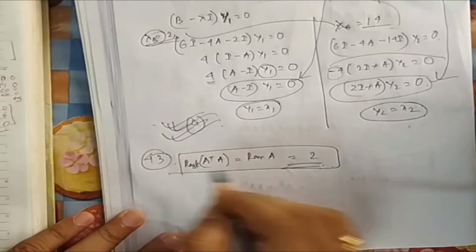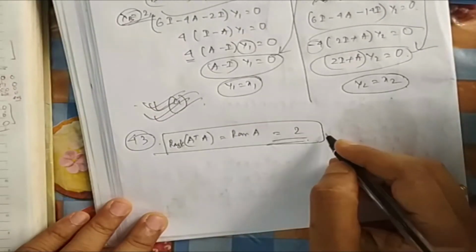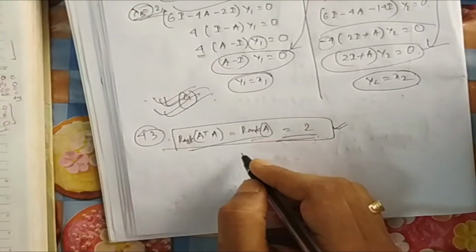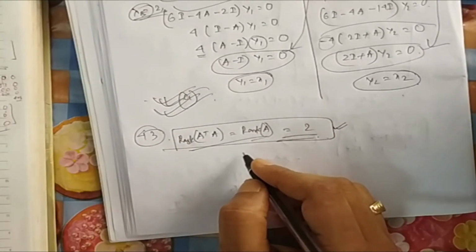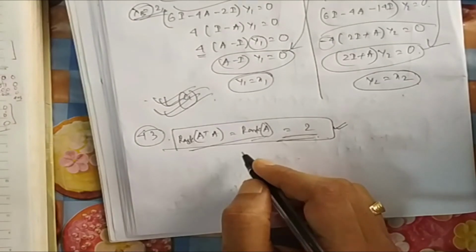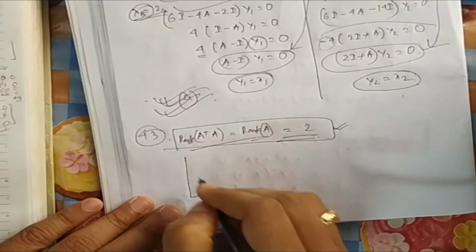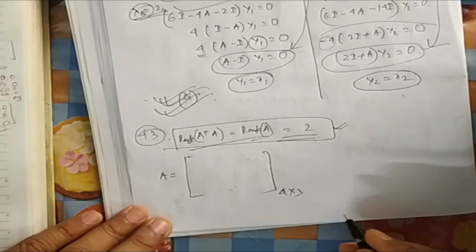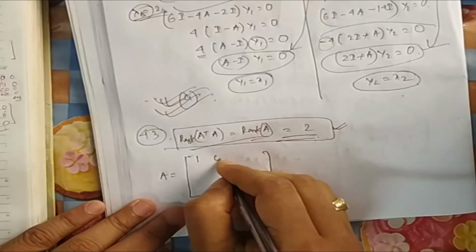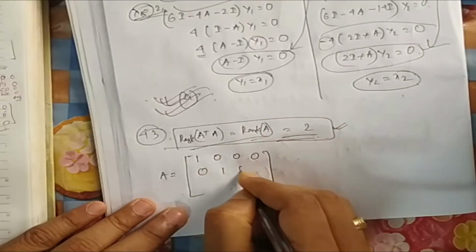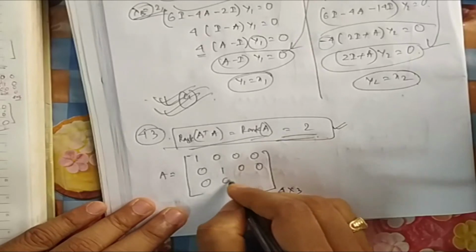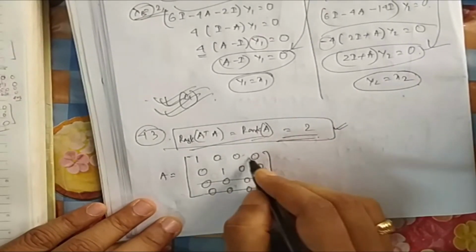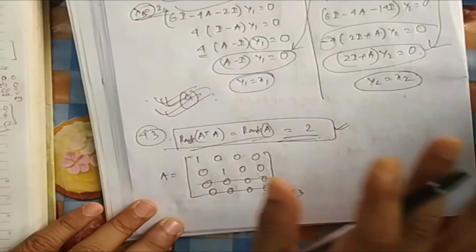Suppose you don't know the theorem in the exam, again I am going to show one more trick. You can feel that it is a general question for any 4x3 matrix with rank 2. So you can assume the simplest 4x3 matrix A of rank 2. Because it is rank 2, it will be something of this fashion. The last two rows should be 0 because rank is 2. And here you can put anything, but I am taking 0, 0 because it is the simplest case.